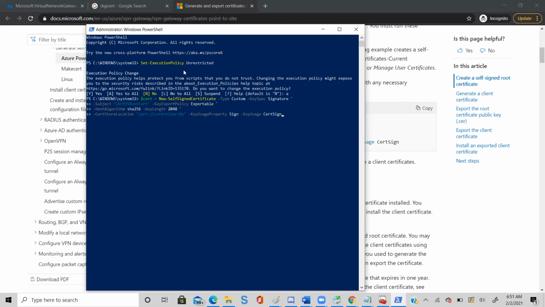Now who does this task? Because you are an Azure administrator, right? Who will generate the certificate? It's a system administrator. It is not your task. This is a task of the system administrator. You have to just give him the requirement that dear system administrator, I need a certificate. That's it. How they do that? This is their headache. Right? Just hit enter.